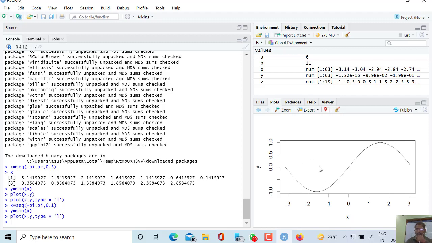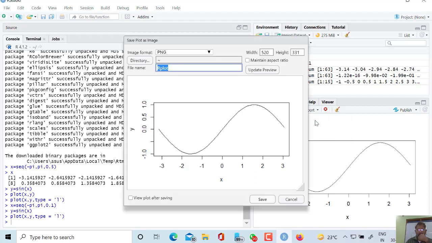If I want to save the curve, then export, save as image, save as PDF, whatever you want, and it is asking the format, whether you want to store it in PNG, JPG, TIFF, whatever you like, the format will be stored and saved.